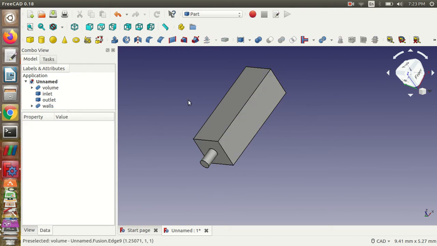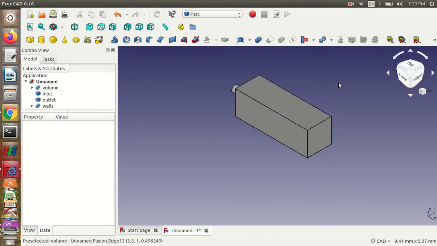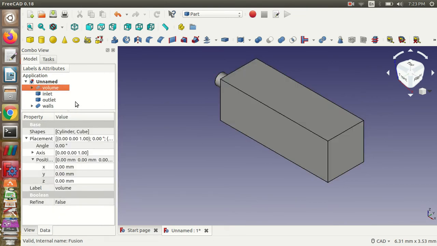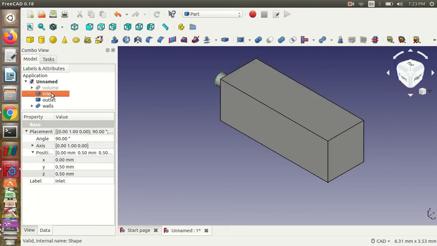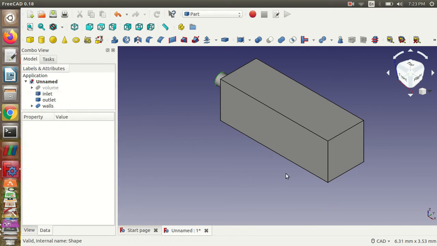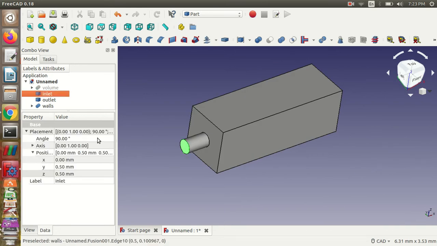Now we'll quickly check whether what we have in the boundaries is correct. We can now see our inlet is correct.